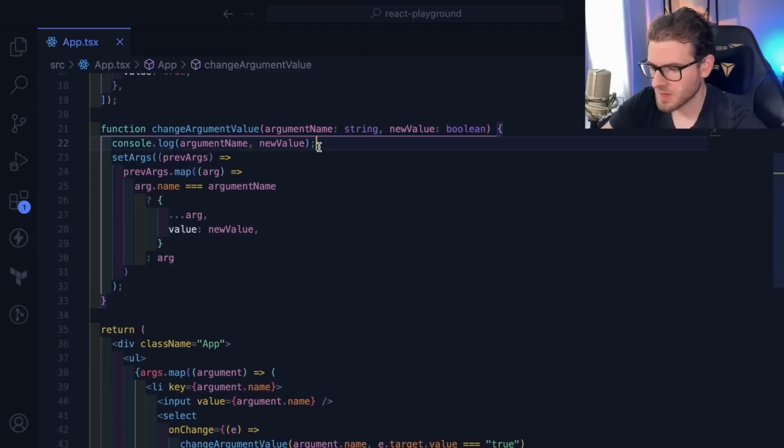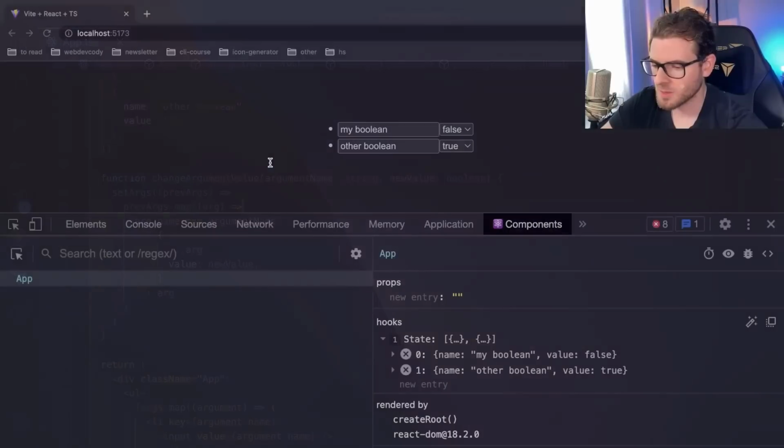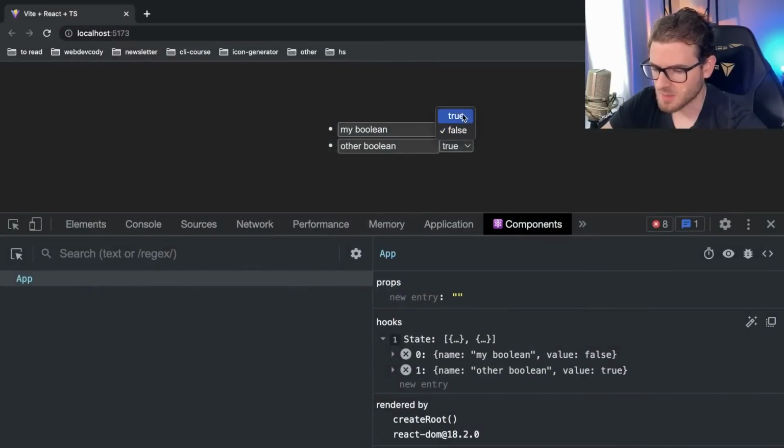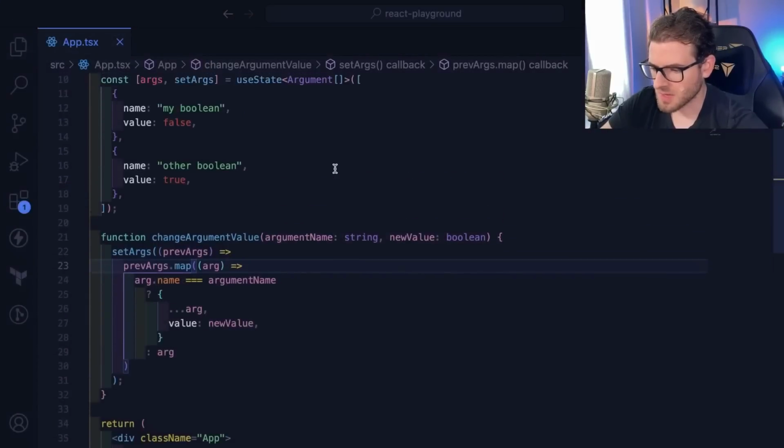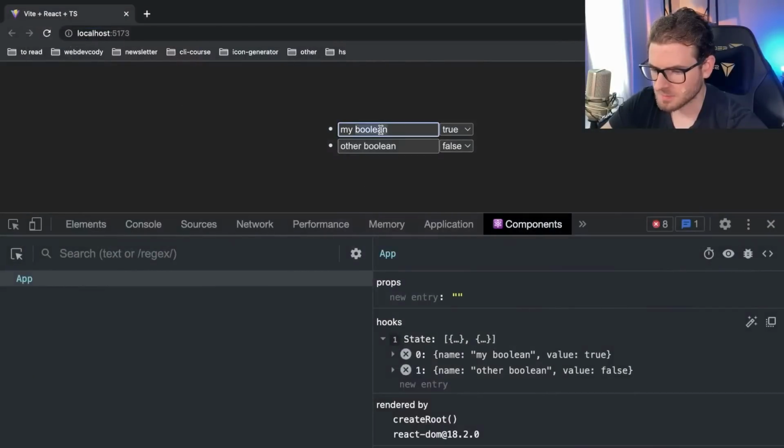So now we want to verify. If we go in and we change this, does it update state? And it does. You see the value over here got toggled to true and false. Awesome. So now we got to do the same thing with the input, because when you type in here, it doesn't actually update the